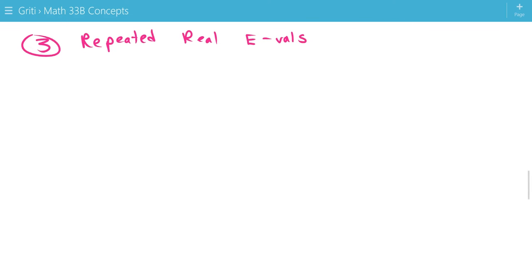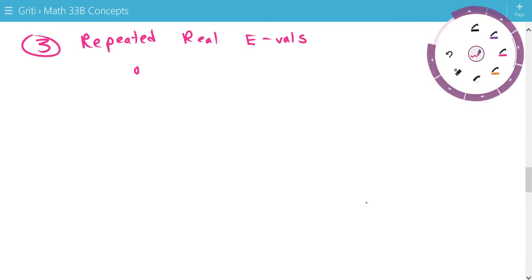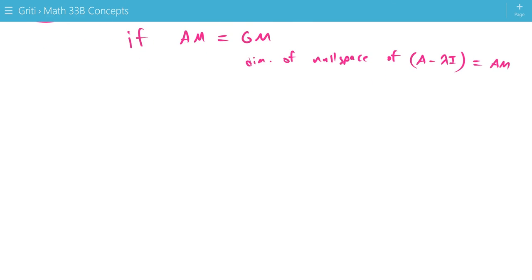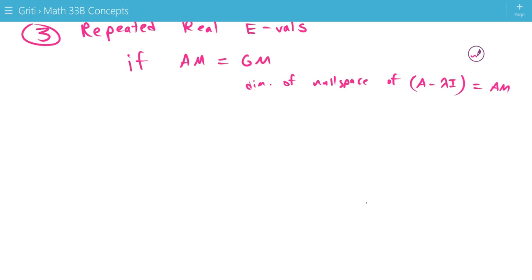So, like before, if the algebraic multiplicity of the eigenvalues equals the geometric multiplicity, and that means that the dimension of the null space of A minus lambda I equals the same as algebraic multiplicity, then we know how to deal with this. Let's say our algebraic multiplicity equals Q for our eigenvalue. That means we'll get Q linearly independent eigenvectors,